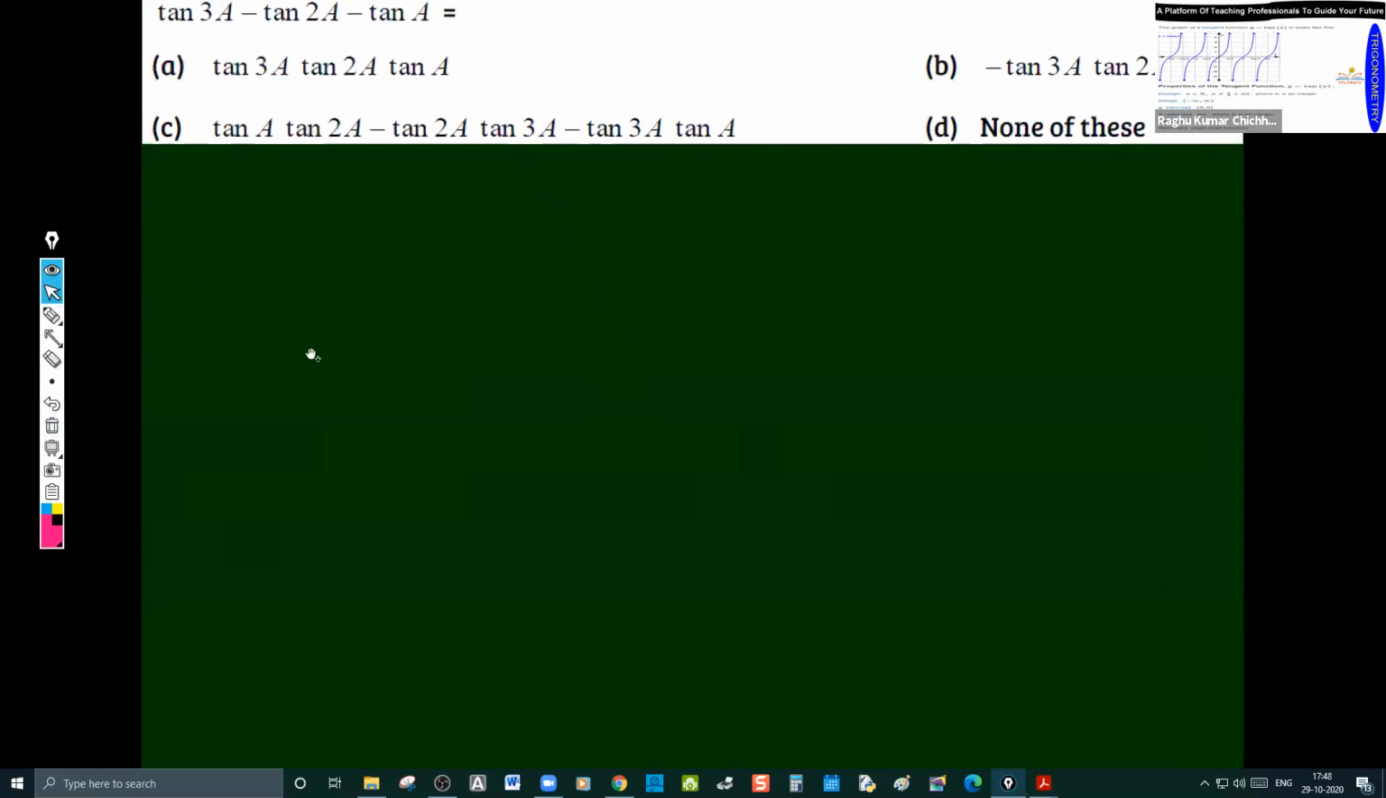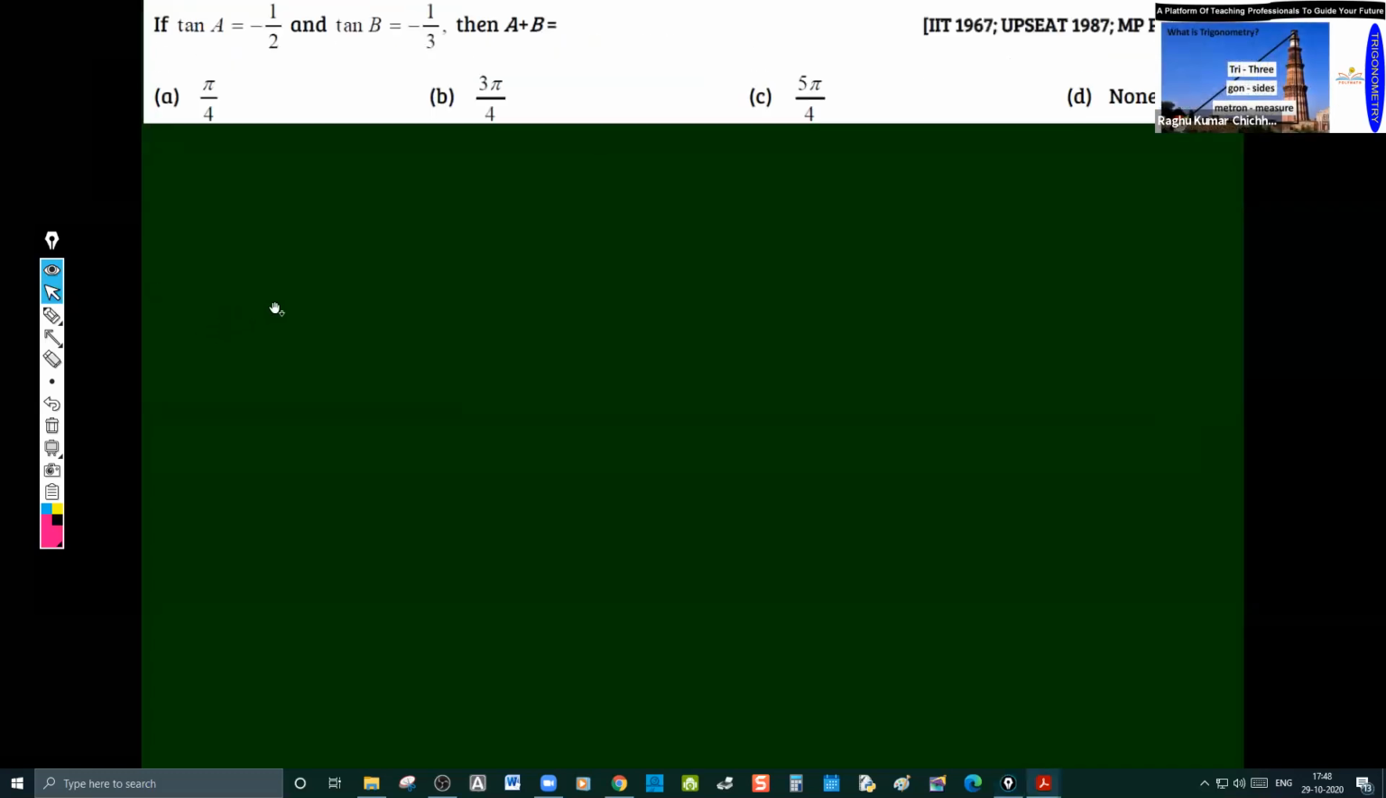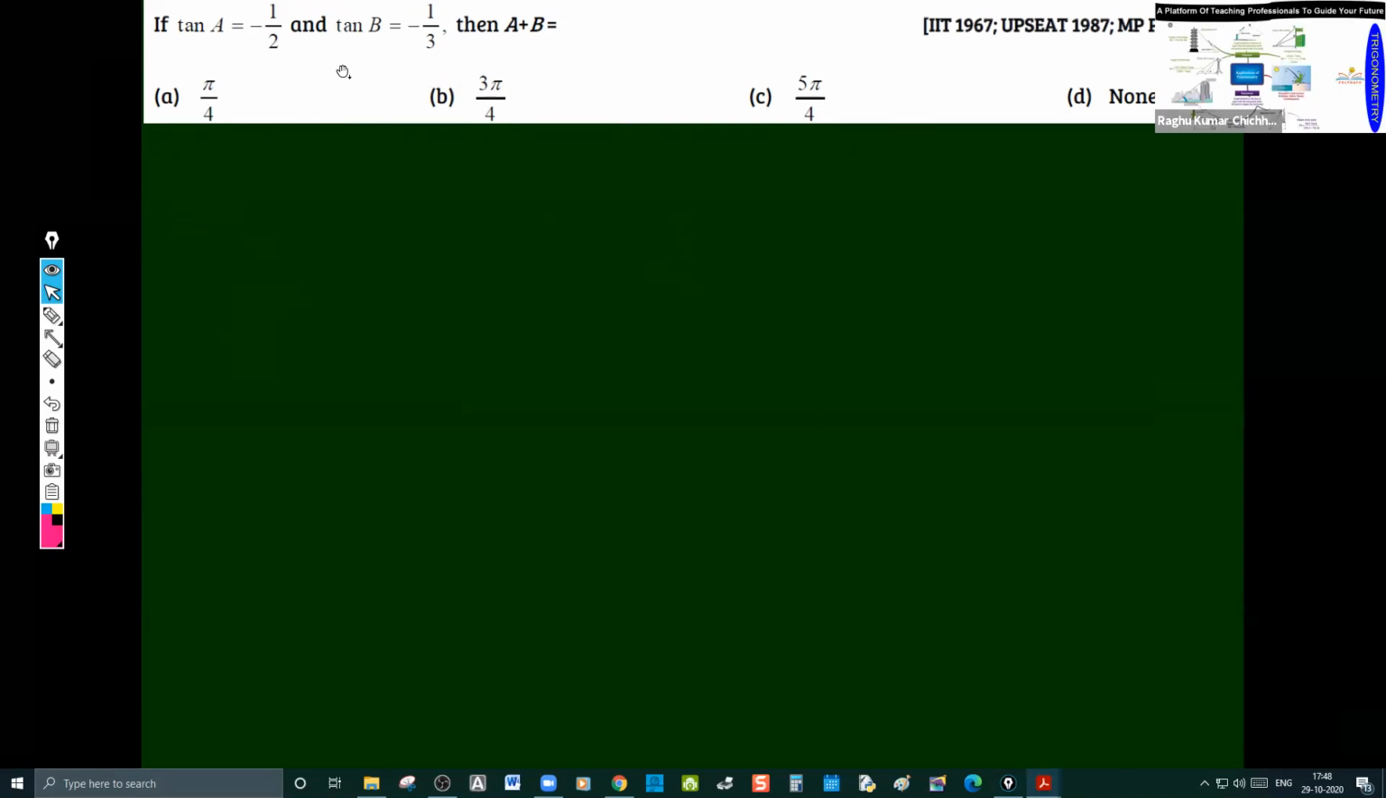So we can leave this problem there. Now let us move on to the next one. Tan A is -1/2, tan B is -1/2, then A plus B is asked for. And he did not mention which quadrant A and B are lying in. They may lie in the second or fourth quadrants. But according to the options given, if they lie in the fourth quadrant,